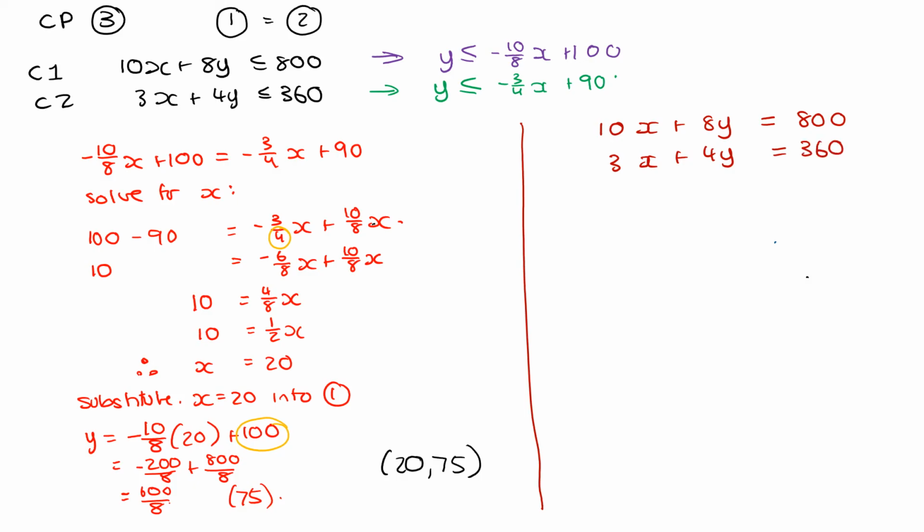Then we need to get rid of either the x or the y. The y is a little easier to get rid of because you can just multiply the bottom row by 2. So you get 6x and 8y, and 360 times 2